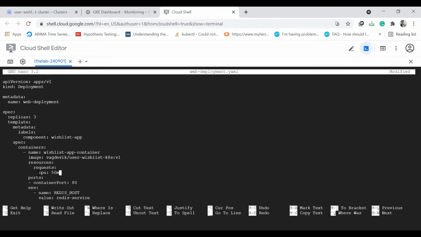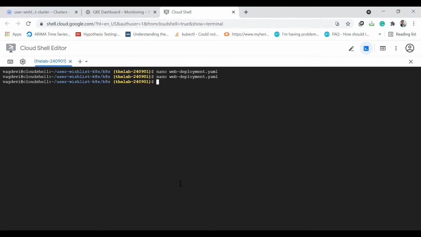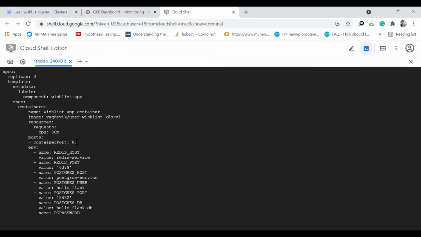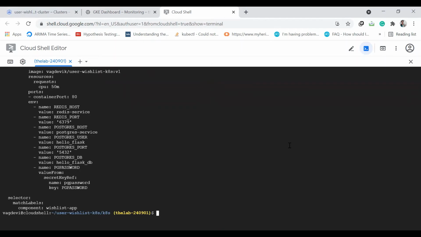Okay, so make sure that all the indentation is correct. Okay, and then Control X, Y, and enter. So I will just cat it to make sure I have saved my changes. So yes, okay.